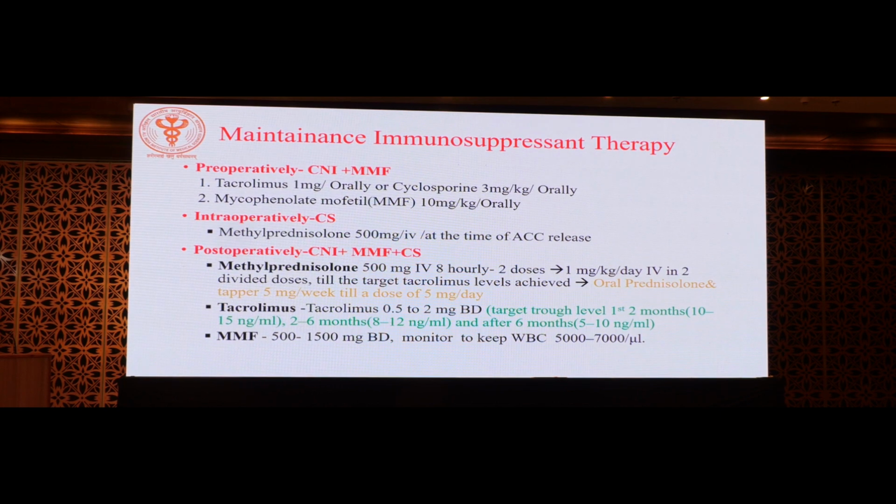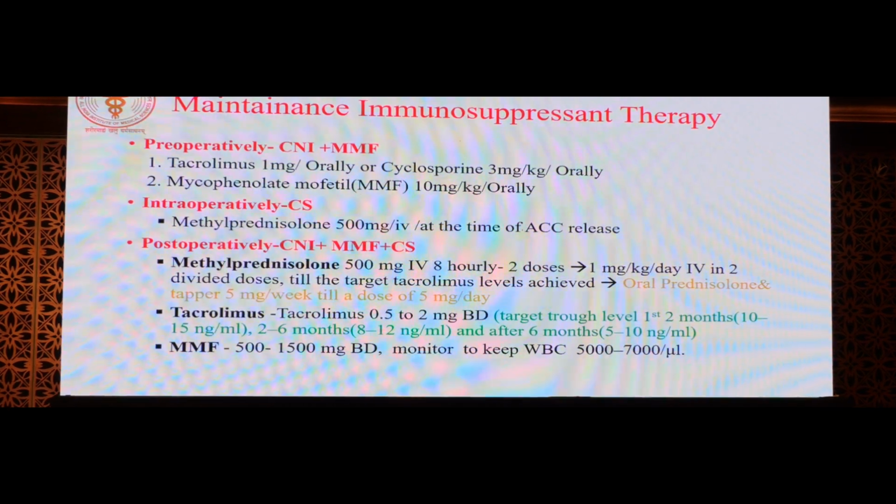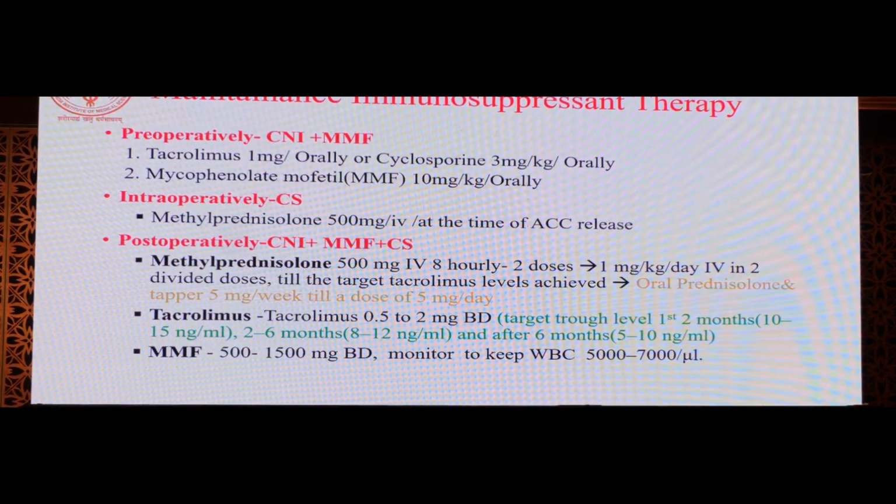Then coming to the maintenance immunosuppressant therapy. This is the mainstay of the transplant program. You have to be very diligent, you have to make a protocol available, and we start from the pre-operative period: calcineurin inhibitors and mycophenolate mofetil. Tacrolimus and mycophenolate mofetil we give pre-operatively, starting on the day of the transplantation surgery. Then intraoperatively we start methylprednisolone at the time of release of the cross clamp after the transplantation. Then post-operatively we give 2 more doses, followed by decreasing the dose to 1 mg per kilo per day in